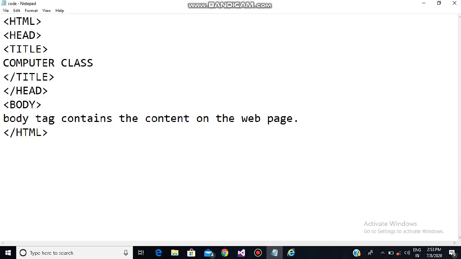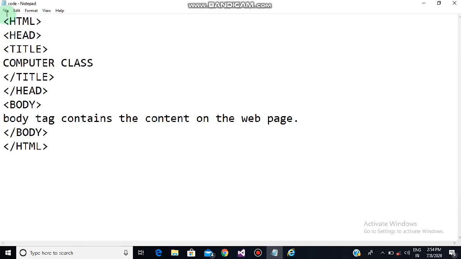Okay, full stop. Now that is done. See, body tag is again one of those container tags. So after writing the content for the body, I need to close it. So again I will just close it, /body. Okay, now it's done.